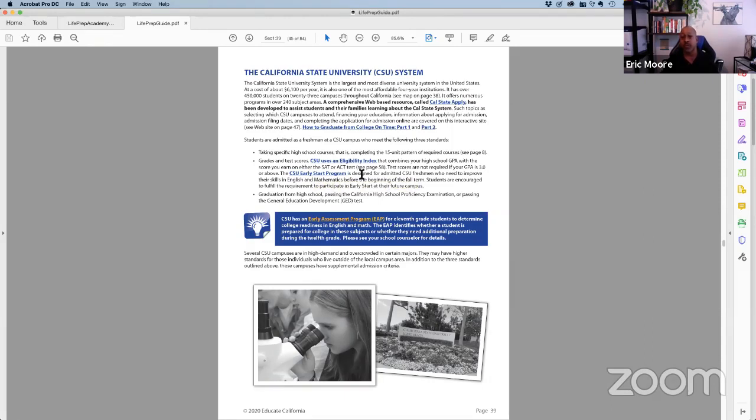And the Early Start Program will get your English and math skills up to snuff, so you'll be ready to compete at the Cal State level. So it's very important that you are ready when you get there. And to make sure you are ready, here, this Early Assessment Program. That's a program that can be taken in the 11th grade, the 12th grade, but this lets you know that, yes, I think I am doing well, but am I really on track for studying at the Cal State level, okay? The truth is, in many cases, some students are going to high schools that are